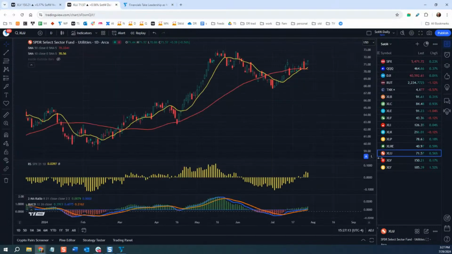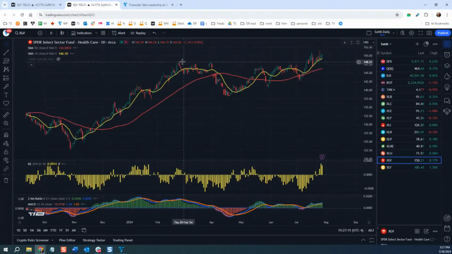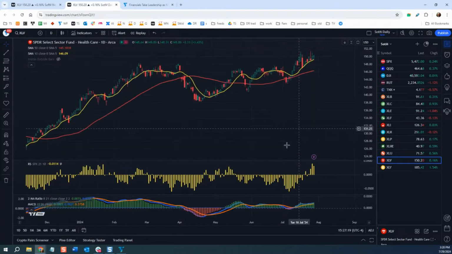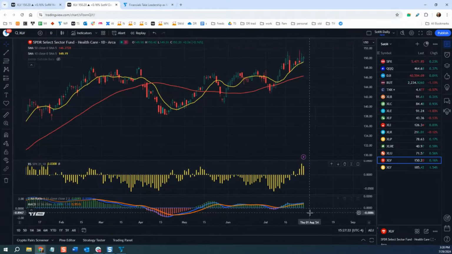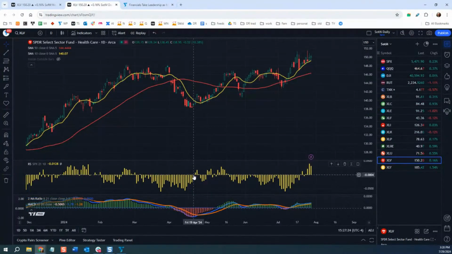So look here on this, you can just kind of see as well. I didn't draw the line here, but you can see this level right around 148. You can see the relative strength has shown a real improvement, and MACD is rising. This is something I think could start to catch people's attention. Wow, I didn't know healthcare is hitting new all-time highs. I didn't know that. And this is why we look at this approach of the weekly sectors.